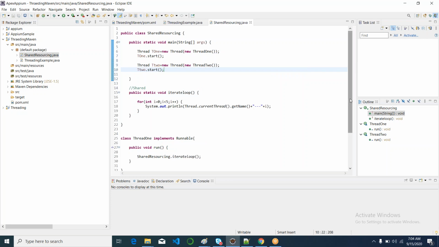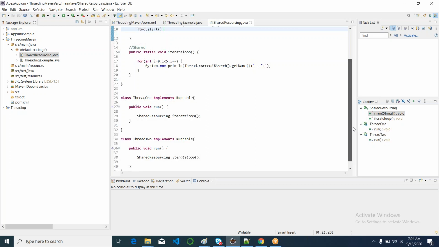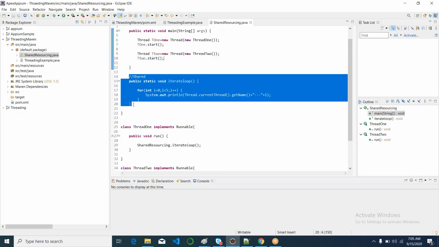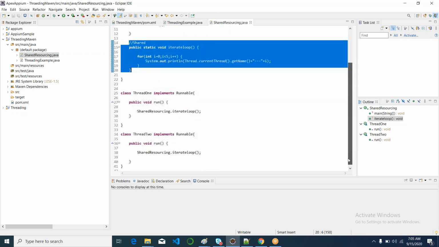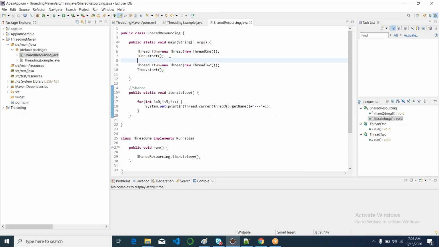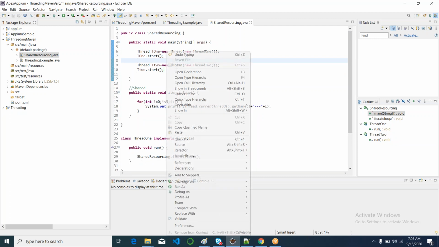So just an overview of the code. We have created two threads and we have created a shared resource, and we are asking both the threads to use or execute the shared resource at the same time, because we don't have any other functions and we don't have any Thread.sleep. So we are not asking the threads to wait for anything, and they're not waiting for any inputs or outputs. The only function they're executing is the shared resource right now. So now we are starting both the threads, and let's see what the output will be